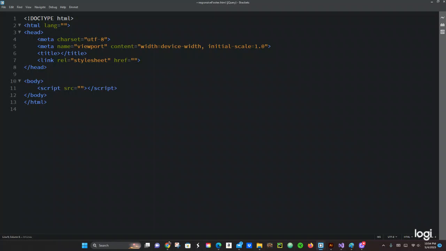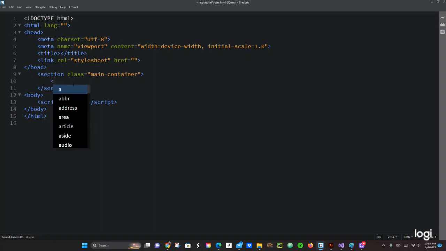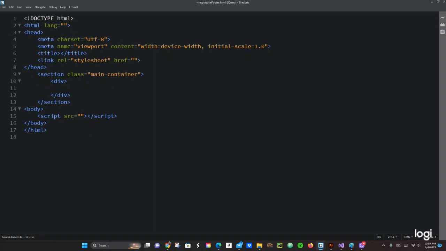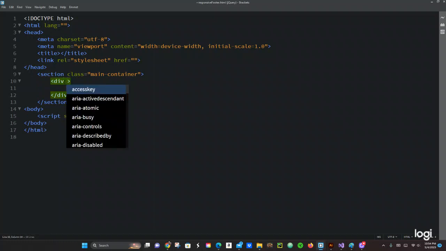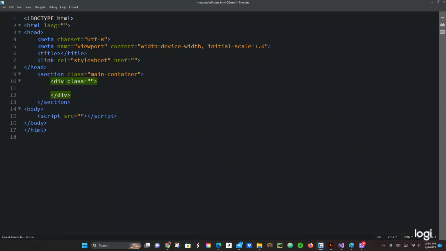All right, so let's see. We're going to start right here with the section. We're going to have a class name, main container. Sorry for my English, guys. Main container, and then inside this main container we're going to have a div where we're going to have a class. We're going to call it